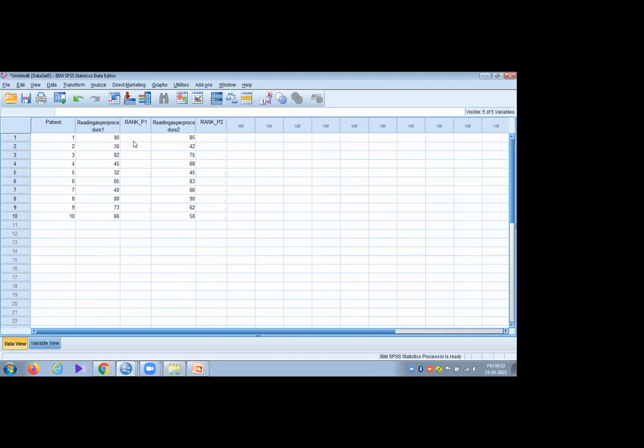So what is the maximum value we got? I give the rank as 1. And for a minimum value, I will give the lowest rank. The maximum score obtained in this data set is 90, so here the rank I gave was 1. And next is 88. Next is 30, which is the 10th rank, and 82 is the third rank, third position, and 45 is on the 7th position.